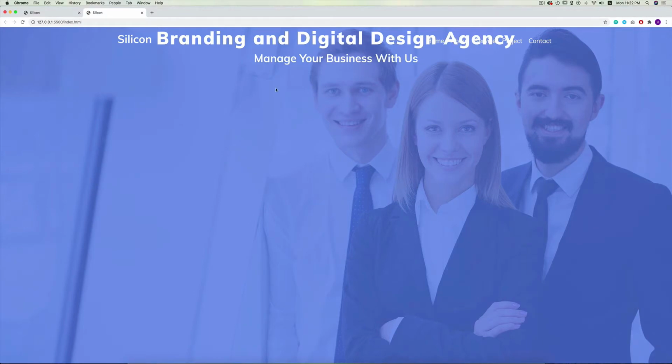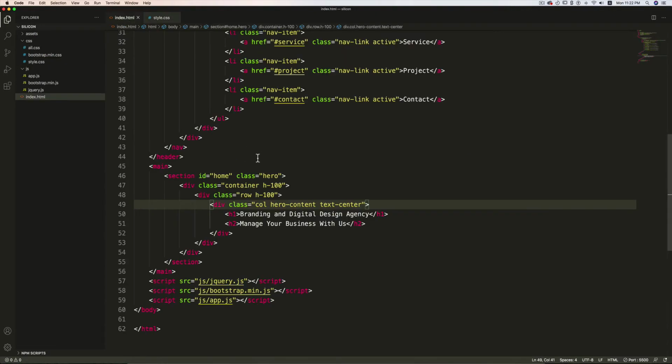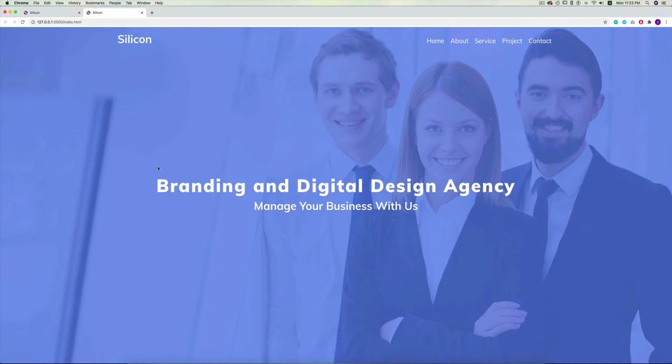And now finally I'm going to move this heading to the center of the page. So here I'm going to use Flexbox. Bootstrap also provides Flexbox classes. So I can write d-flex, then flex-column, then justify-content-center. This is for horizontal alignment, and align-items-center. This is for vertical alignment. So if I see now, the heading and the content move to the center of the page.